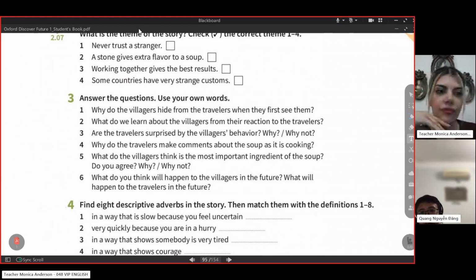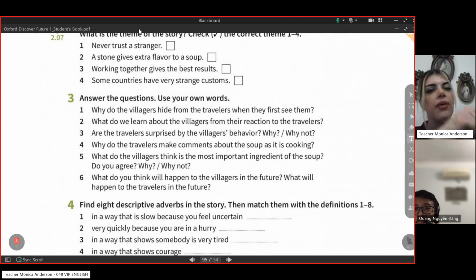I think they have some experience with this. Maybe they used to be lied to by some guys. I don't know. Is this true? They are unfriendly. I'm not sure.